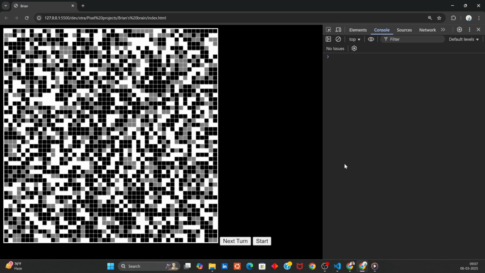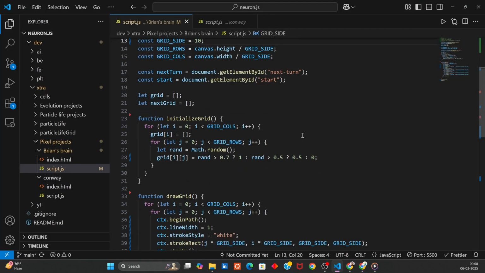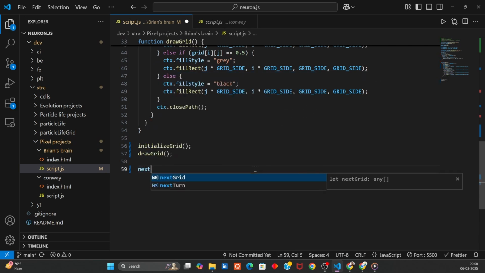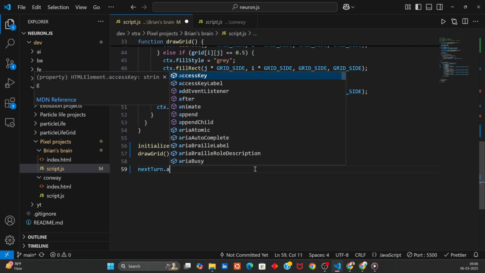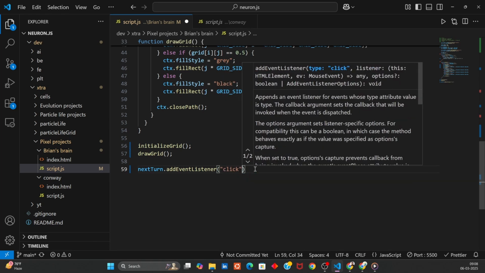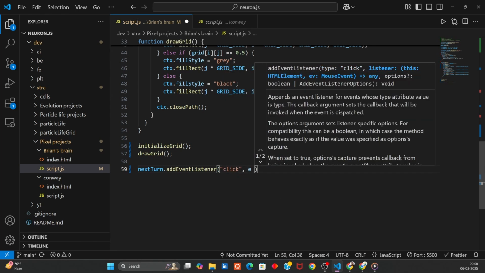So now the next thing that we have to do is, whenever we are clicking on next turn, we want the grid to change according to the rules. So how can we do that? What are the things that we need to do next? We have a button called next turn. So whenever we are clicking on the next turn, we have to do something. So nextTurn.addEventListener click. In this case,